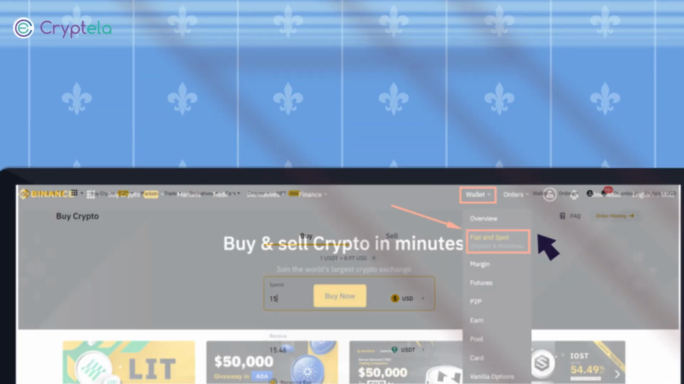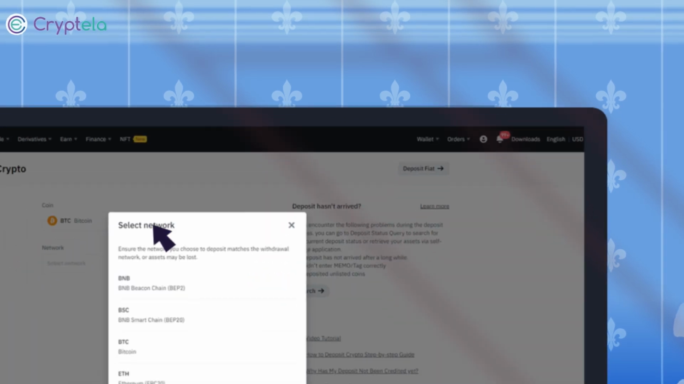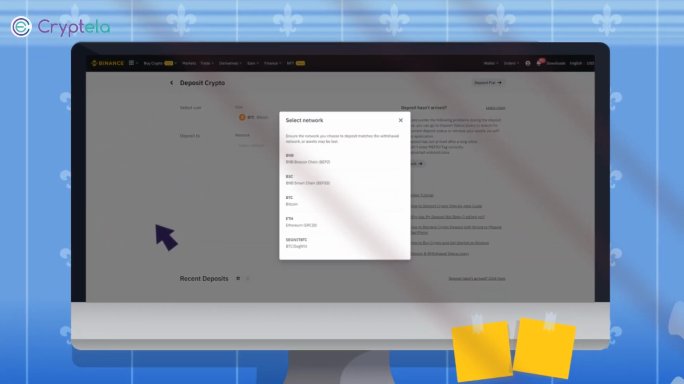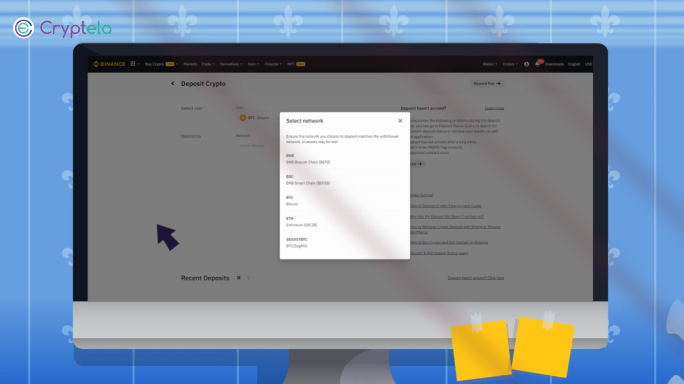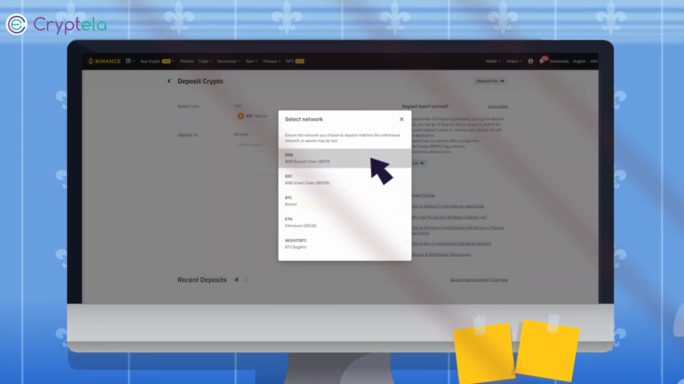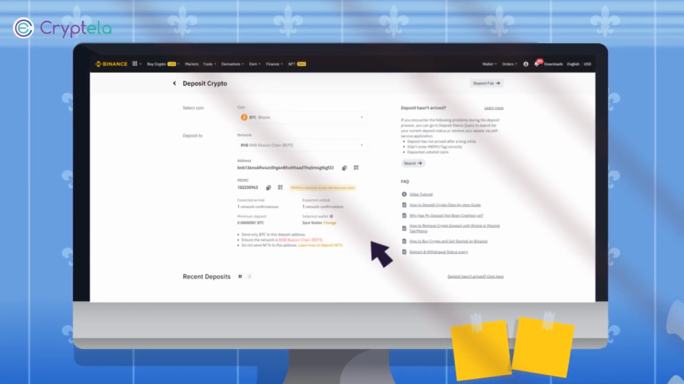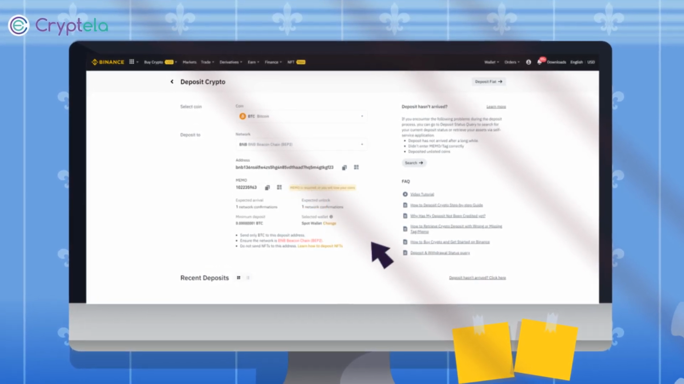To deposit crypto, just log in. Click on Fiat and Spot, and on Deposit, select the Crypto tab. Choose the amount of crypto, and if it's issued on multiple networks, select the specific network you want to deposit on. Depositing BNB requires a deposit address and memo to copy and paste into the appropriate fields of the wallet